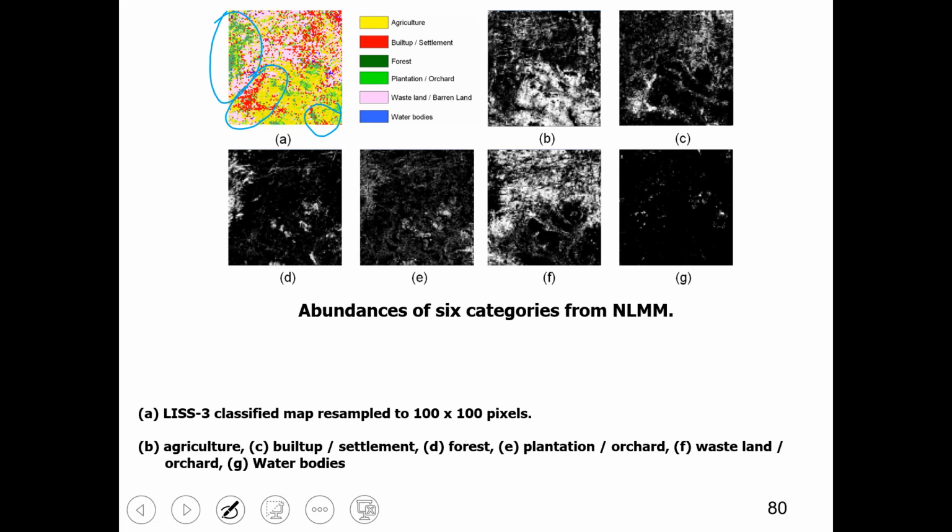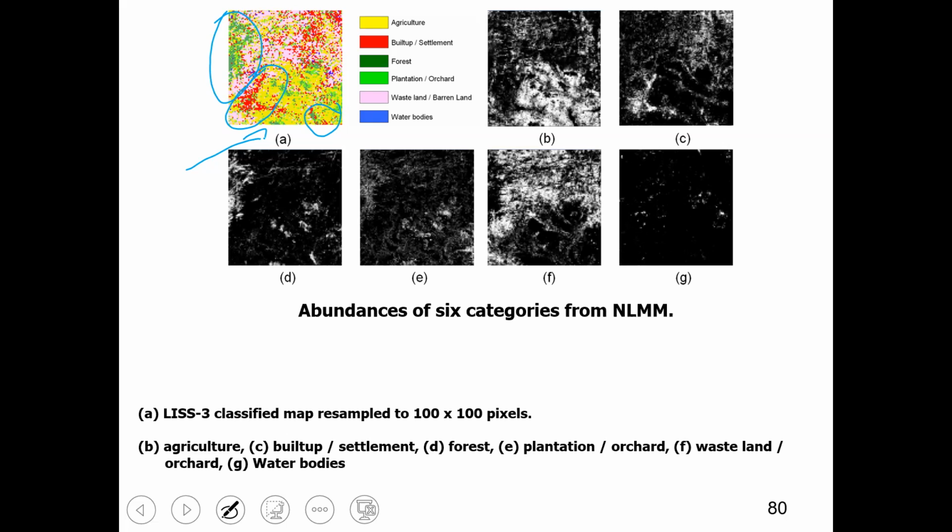Forest and plantation are mostly mixed and are present on the Nandi Hill area. And there is a huge amount of wasteland and very scanty water bodies, very few water bodies. So we see that agriculture is dominant in the form of yellow color, and pink is dominant in the form of wasteland. As we all know, this belongs to the Kolar district, and Kolar is a dry district, so there are huge amounts of wasteland in that area.